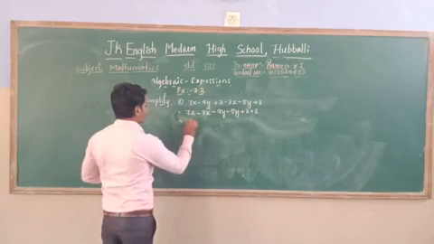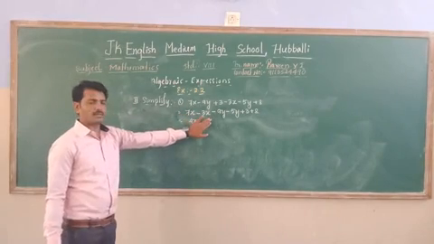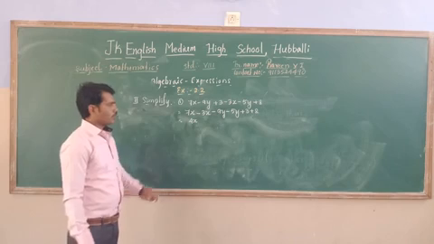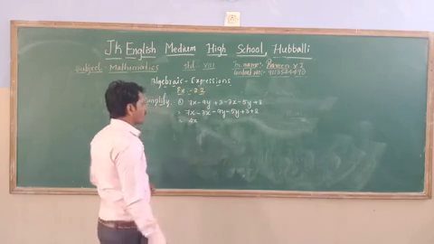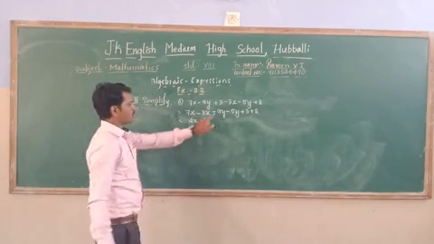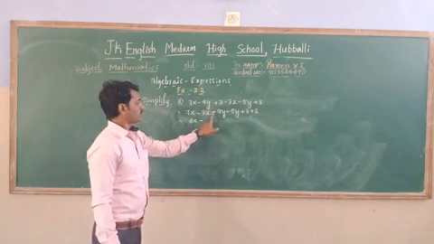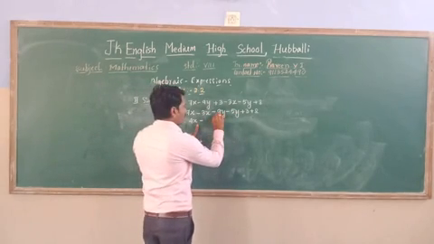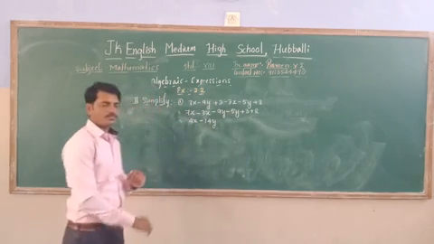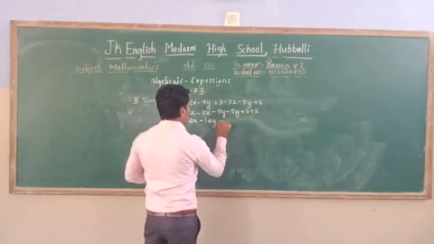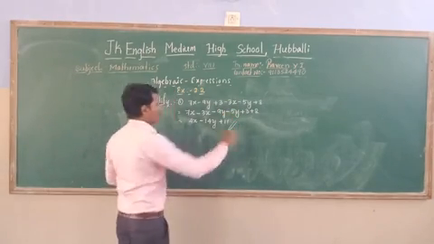Next one. 7x minus 3x is equal to 4x. You have all learned that minus into minus is plus, but here we will put the bigger sign, minus, because 9 is more than 5. 9 is more than 5, that's why the bigger sign will become minus. Add 9 plus 5. How much will it become? 14y. And finally 3 plus 8 is 11. So this is your final answer.